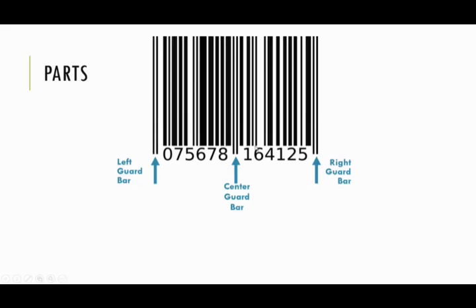And the center guard bar tells the barcode reader and the computer that this is the center of the barcode. Why the center is important, we will come to in a minute, but you must notice that it is very important in a barcode to tell the computer that this is the center of the barcode. We will discuss it in a minute, but before that, you see a number here,